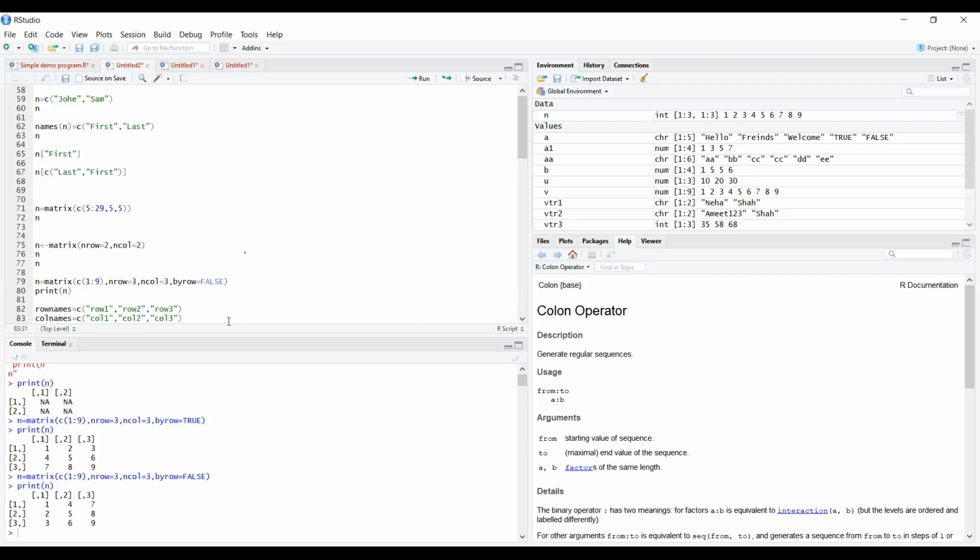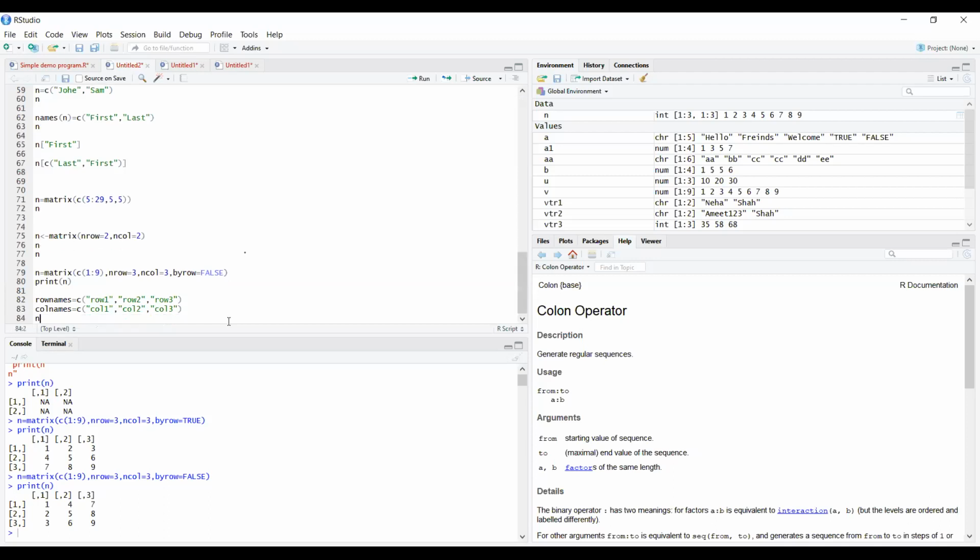And after this, if you are using n equals to matrix, the same code we are using over here, whatever we have written out there. We are using the same code over here.